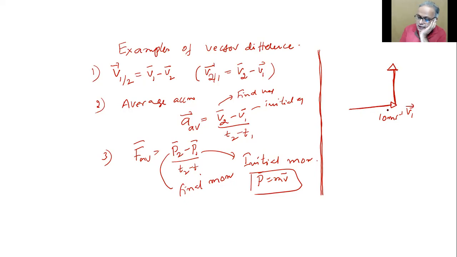Probably this could be velocity of a cricket ball, and you put one bat here that deflected it like that practically. But right now I'm not going for that physics approach yet, though I'm bringing it again and again, here and there. For a while, let us look at it in a logical sense only. This is V2. Even mod V2 is, for example, 10 meters per second. And this change happened in, for example, 0.5 seconds. The velocity which was like this suddenly got changed like that due to maybe a force application.